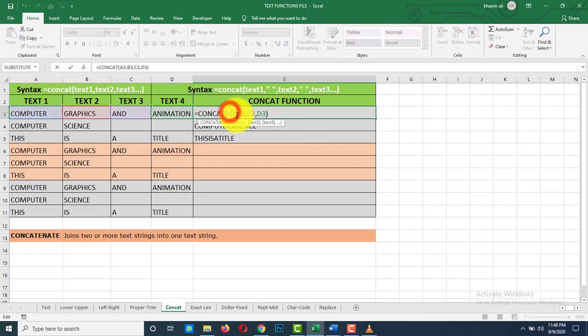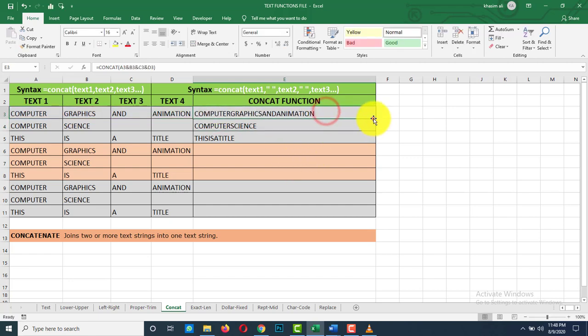You can write the ampersand operator also instead of comma. This is a second way to merge or combine multiple text strings. With the help of ampersand, instead of comma, also you can write. This is the first way. But here observe this, you don't have any space between words. If you want to add space between words, you have to add,